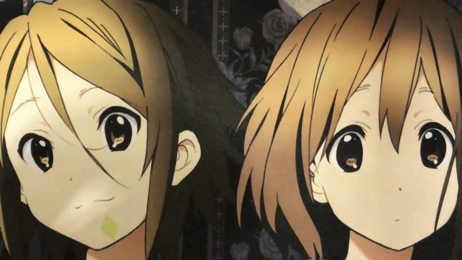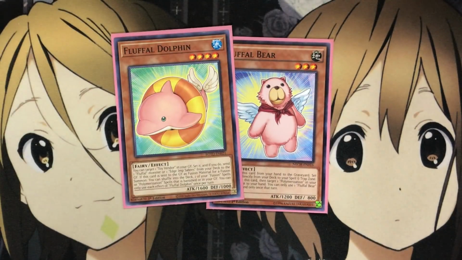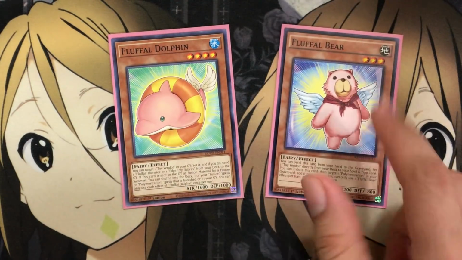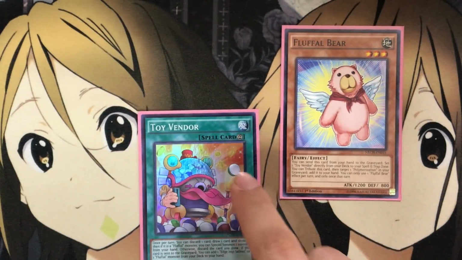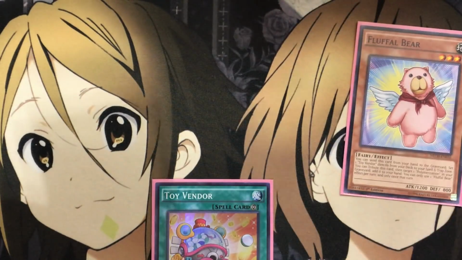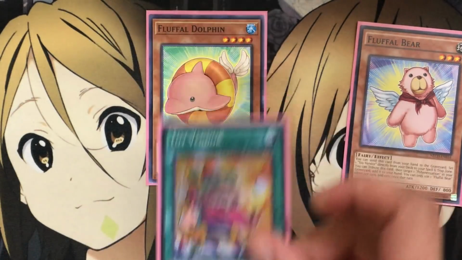But that is it. As for some of the plays, some of my favorite ones to go for with the deck as a whole rely on the setup with Fluffal Bear and also Fluffal Dolphin. With your main plays going for your search, you can send your Fluffal Bear to set up the Toy Vendor onto the field, and then setting this up means you can activate it and go for your second play. So just being able to send this card from your hand, you still have the normal summon. If you normal summon your Fluffal Dolphin,